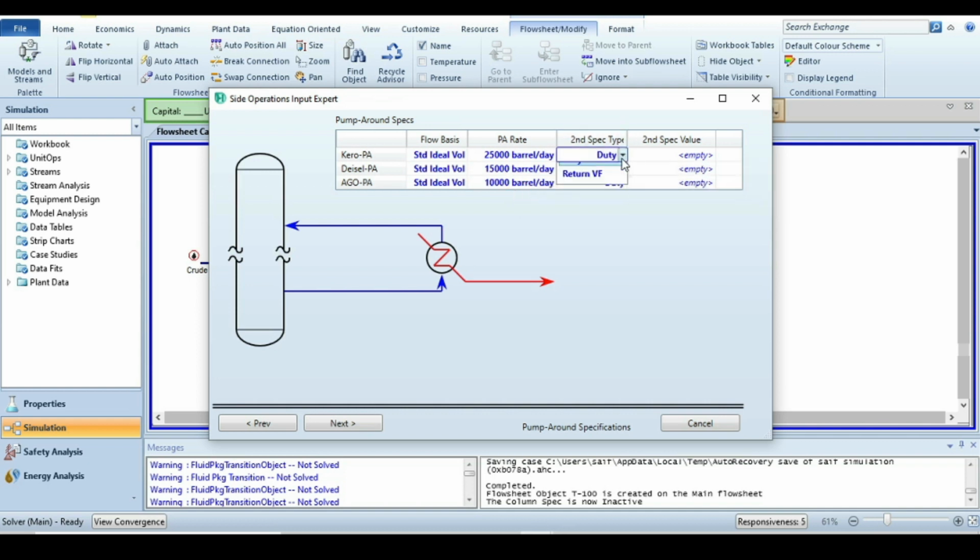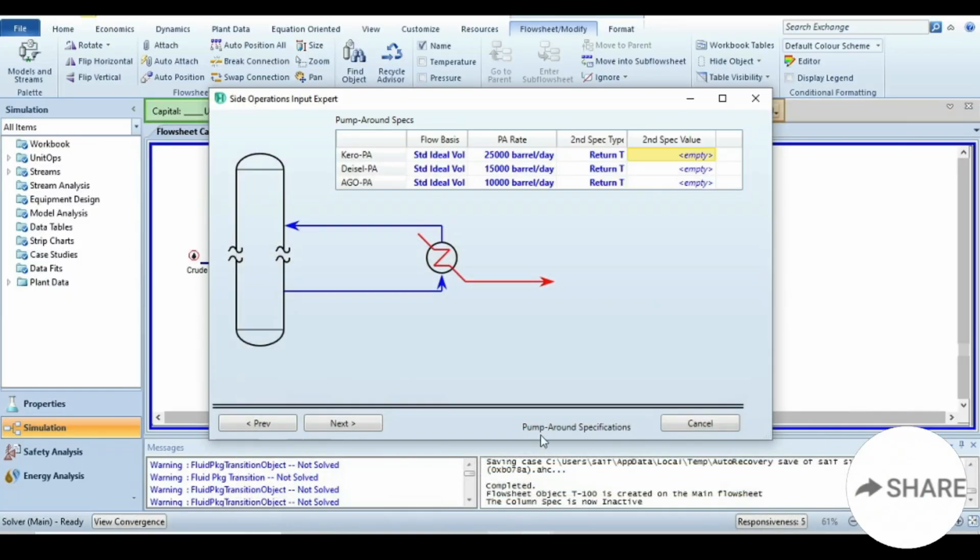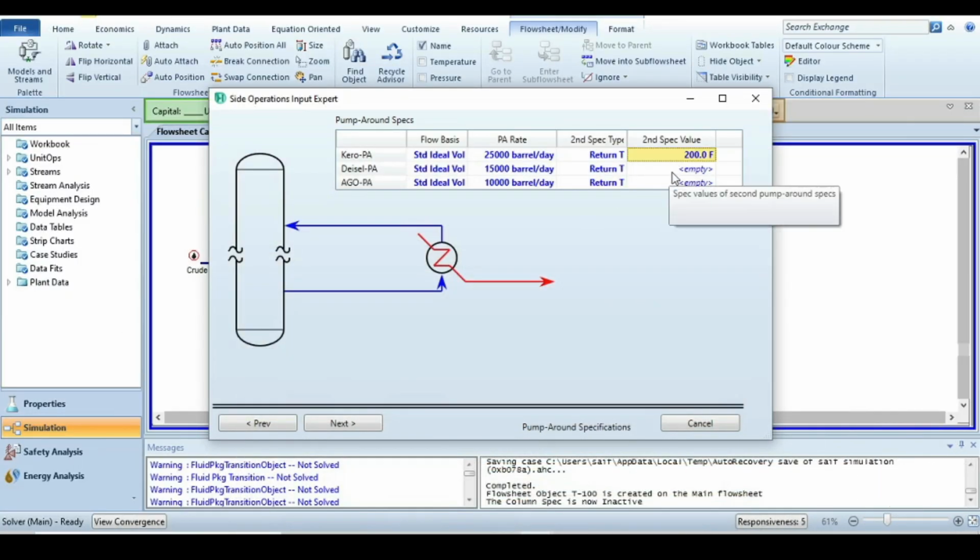And the second spec is given return temperature, not the duty. So for Caro, the return temperature, 200, then 250, then 350, then press enter, click next,